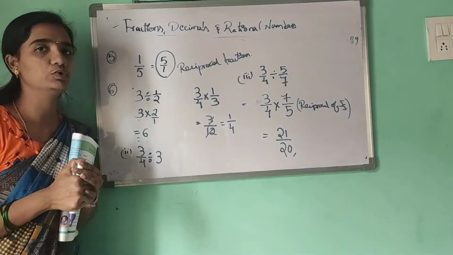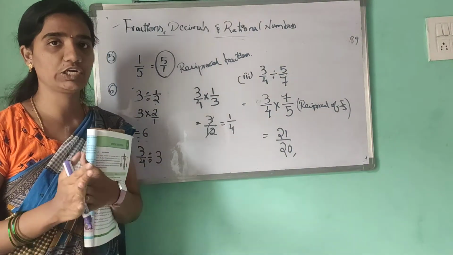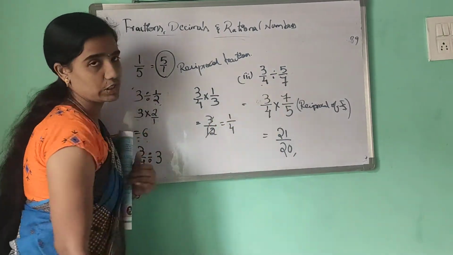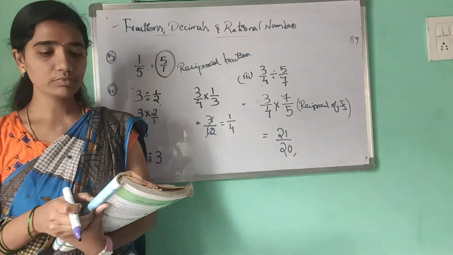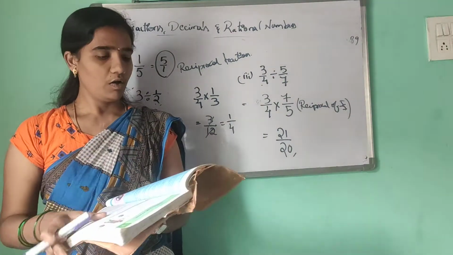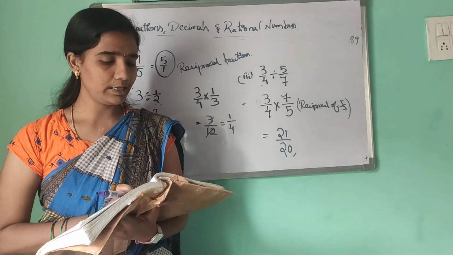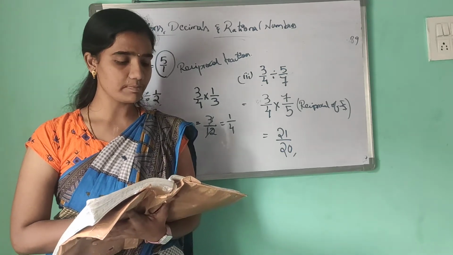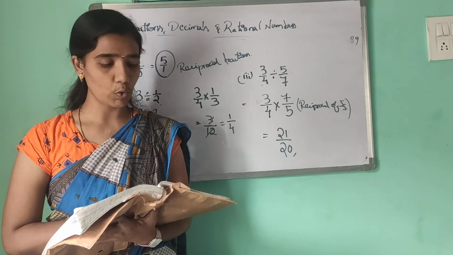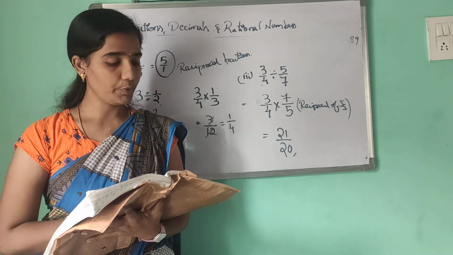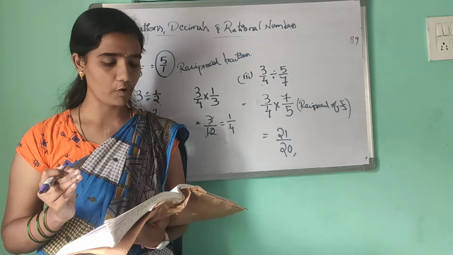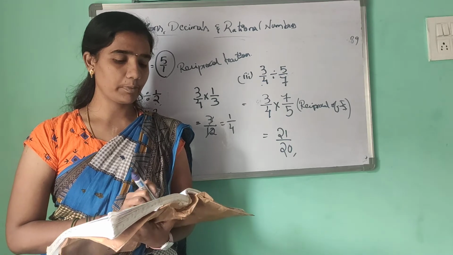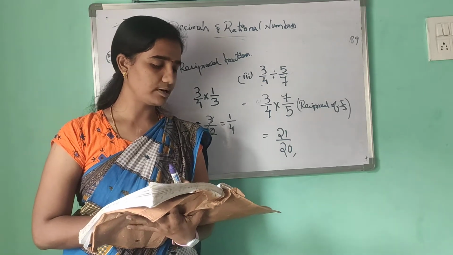So in this way we find the answers for the given fractions: fraction by whole number, and fraction by fraction. Coming to the seventh one, we also learn how to multiply two decimal numbers. While multiplying two decimal numbers, we first multiply them as whole numbers. We then count the total number of digits to the right of the decimal point in both the decimal numbers being multiplied. Lastly, we put the decimal point in the product by counting the digits from its rightmost place.